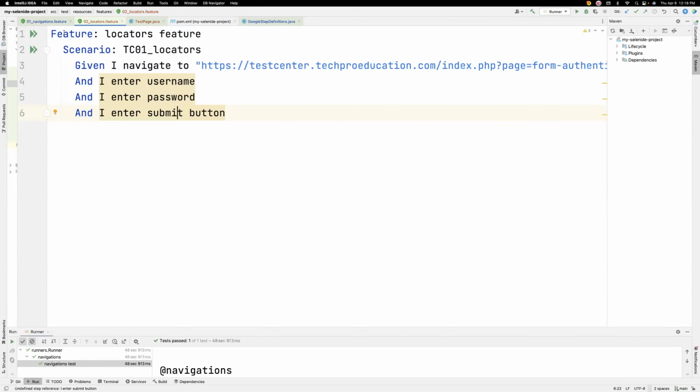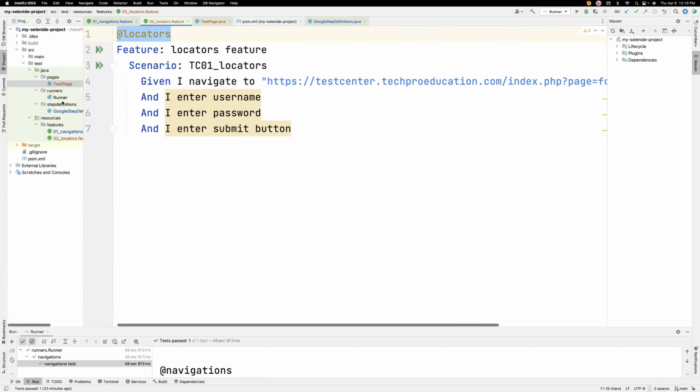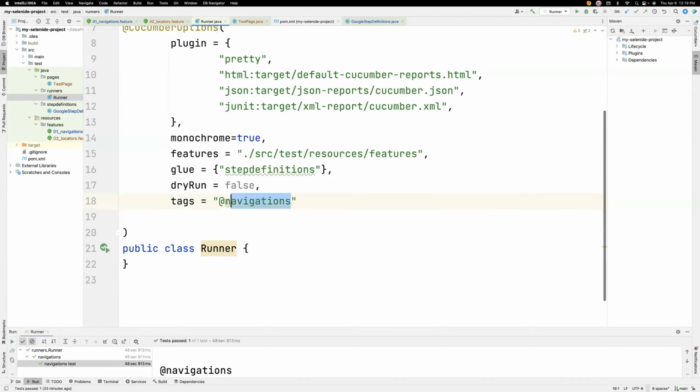Right. So let's guys give also a tag name for this. So let's say this is locators tag. If you see green button, click on this green button. If you don't see green button, then you can use runner again. I will use runner. I'm going to copy this and I will go to runner. So now my tag is locators. I'm going to run the locators 1. I'm going to make dry run